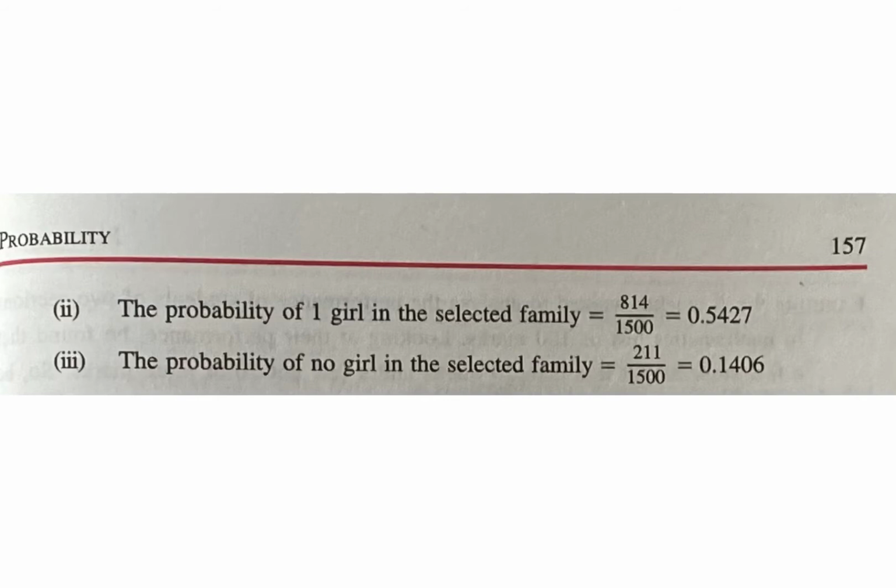0.5427. Now the third thing which we have to find is a family chosen at random having no girl. So in the table you can see that there are 211 families who are having no girl. So let G be the event that a family chosen at random is having no girl. The probability of event G, P of G, is equal to 211 upon 1500, that is equal to